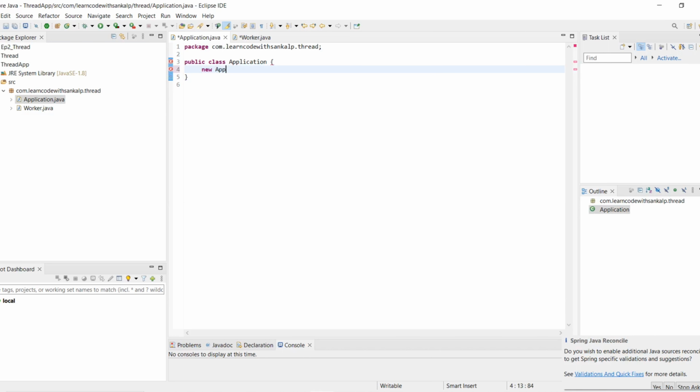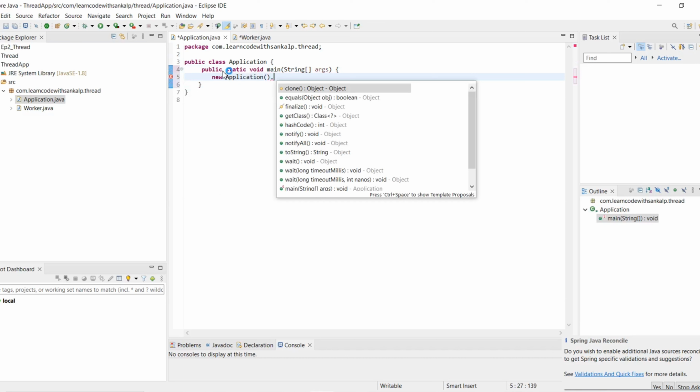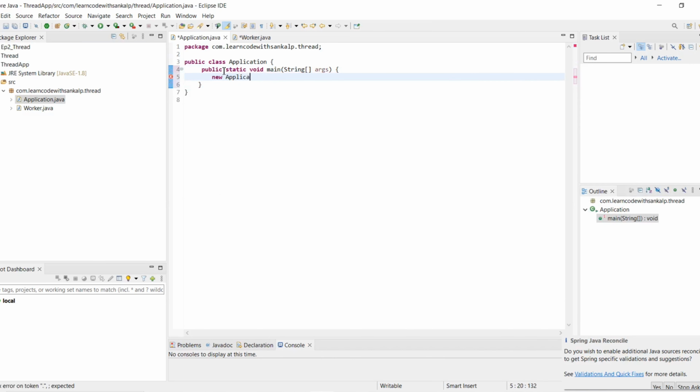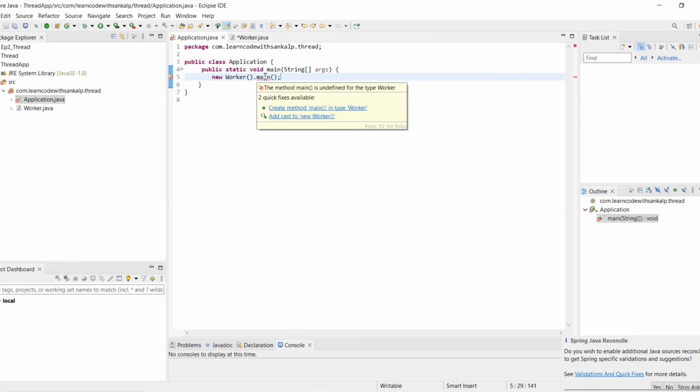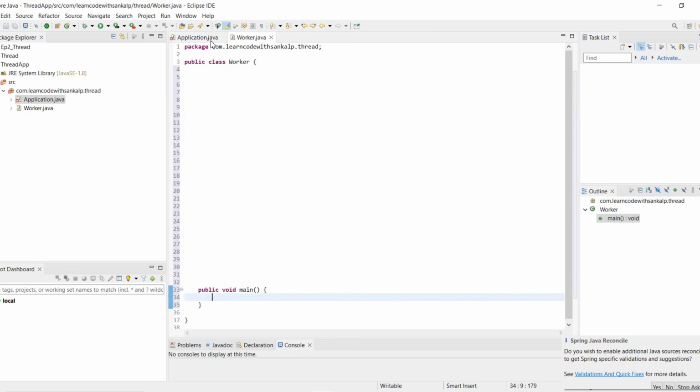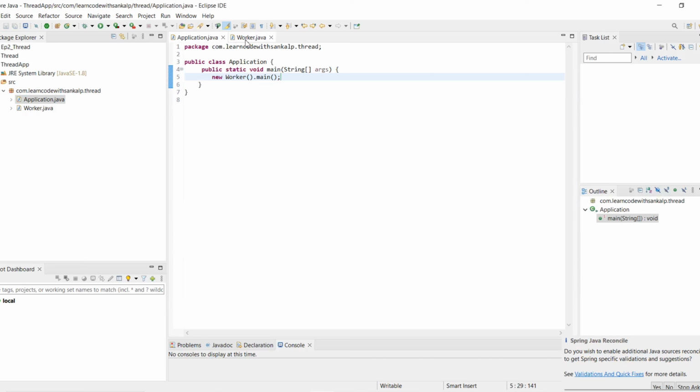Inside the main method we are creating a worker object and calling the main method here. We have saved that, and then we have created a main method in our application class.